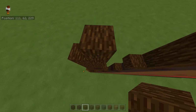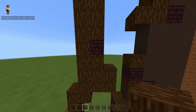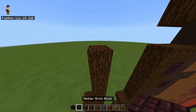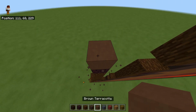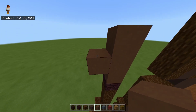Then place 8 spruce logs above that nether brick like so. Yeah, it is 8. Cool. And then on top of that, place a nether brick with 3 grey, 3 brown terracottas above that. From the middle block of those 3 on the left, place 1 brown terracotta with a nether